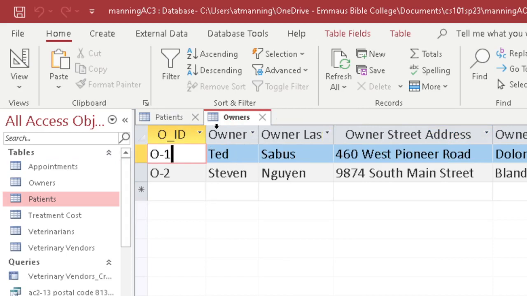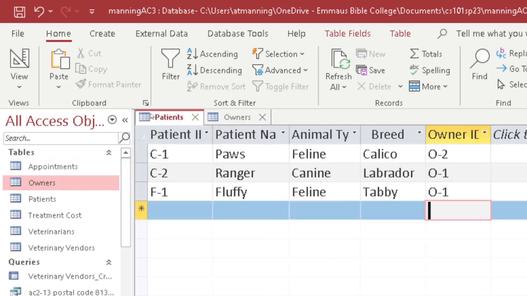Now, we don't want this to ever happen again. So we need to specify in our Access database that you can never refer to an owner that does not exist when you're referring to the owner from the patient's table. We do not want Access to ever let us refer to a non-existent owner. So in order to do that, I need to close both tables,